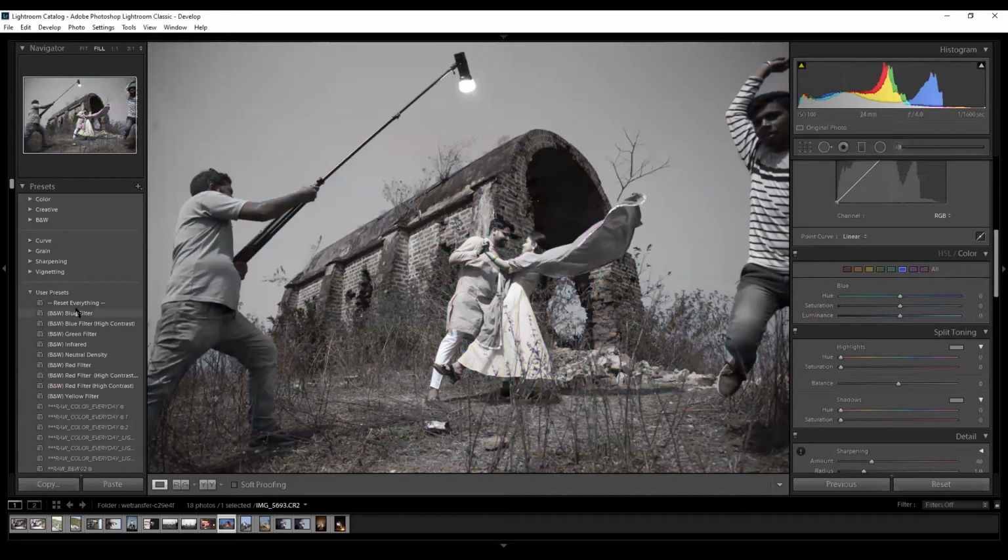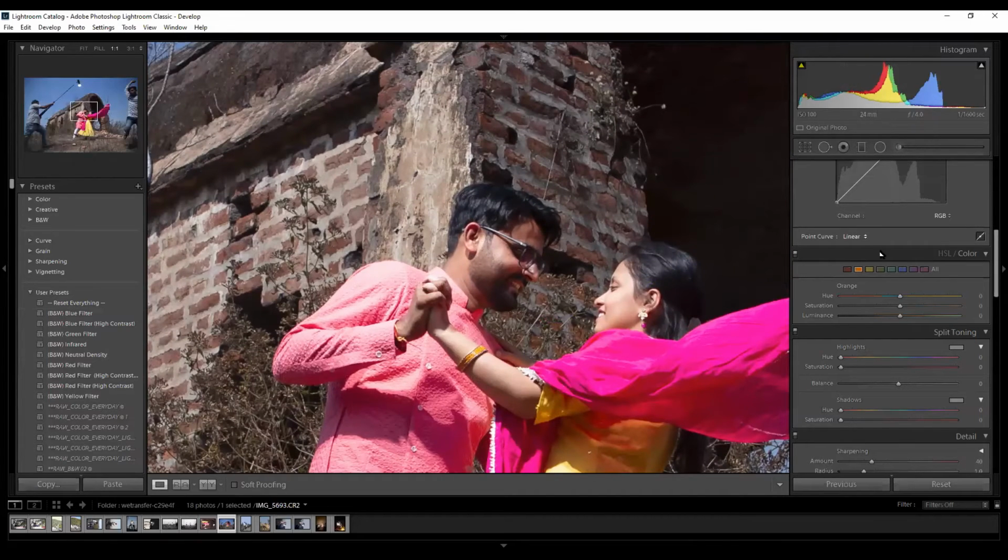So basically, the HSL color mode is a single individual color palette which you select and move, and it will shift that color's details. Hue is the color shift, saturation is to increase or decrease the colors, and luminance is to increase the whites and decrease the blacks. So let's go back. Suppose orange is the closest to our skin color. If I now shift the hue, see, it will change more of the orange colors in our image.